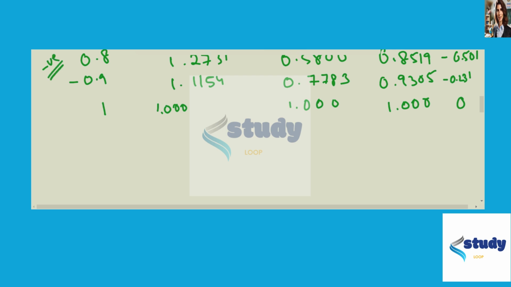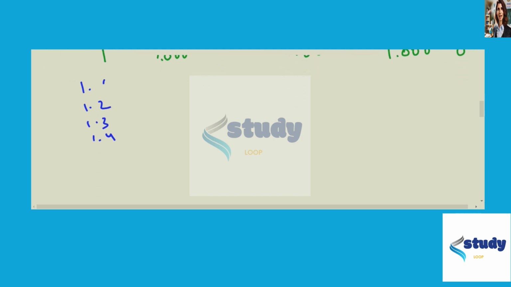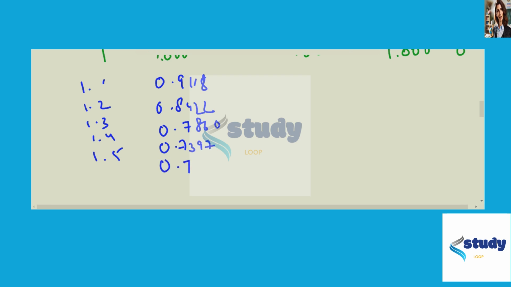But now when we see the change, you will see the change here for 1.1, for 1.2, for 1.3, 1.4, okay, and for 1.5. So you will see the difference here, 0.9118, 0.8422, 0.7860, 0.7397, 0.7011,